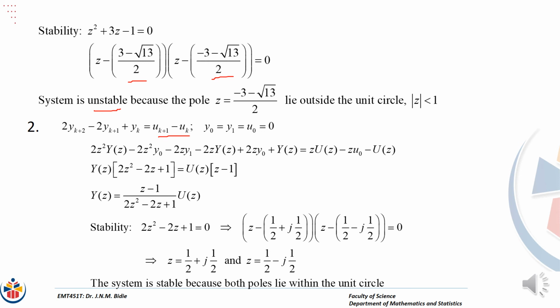On the right hand side, we've been given u(k+1) minus u(k). So that means the same rule, rule 16, which applies to y(k+1), will apply to u(k+1). So now take the z transform of each term, noting that also we'll have z U(z) minus z u0 for u(k+1), minus U(z) for u(k). And then on the right hand side, make U(z) the subject